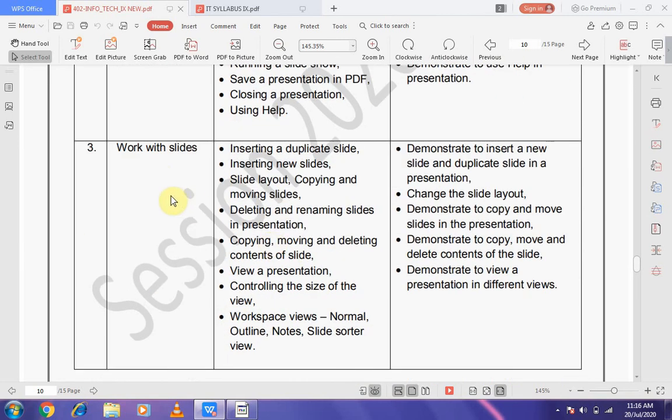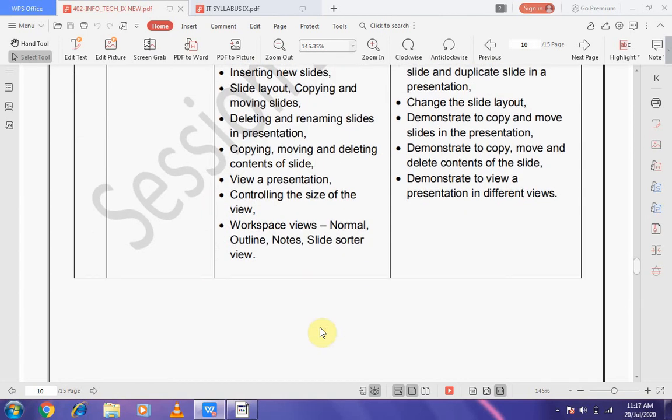help. Work with slides, how we can work with slides, inserting a duplicate slide, inserting new slides, slide layout, copying and moving slides, deleting and renaming slides in a presentation, copying, moving and deleting content of a slide, view a presentation, controlling the size of the view, workspace view, normal, outline, notes, slide sorter view.